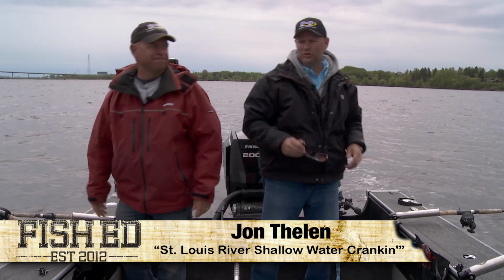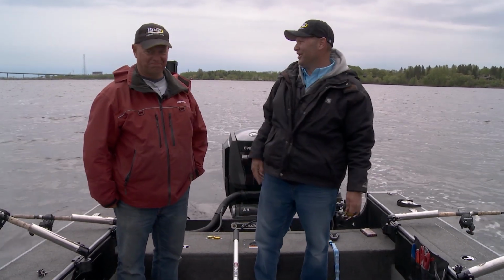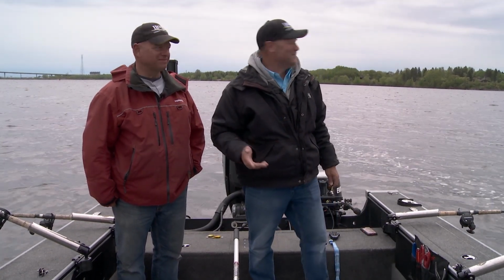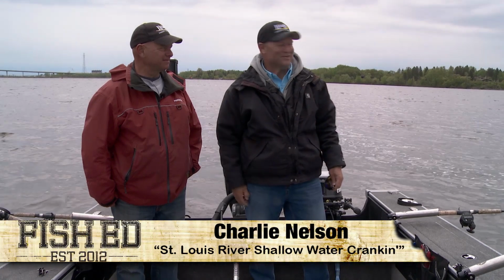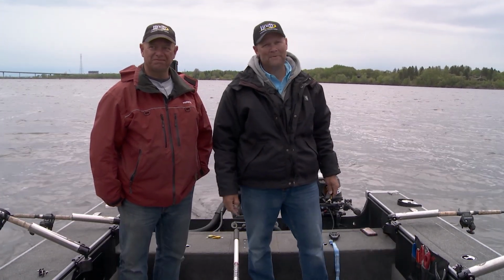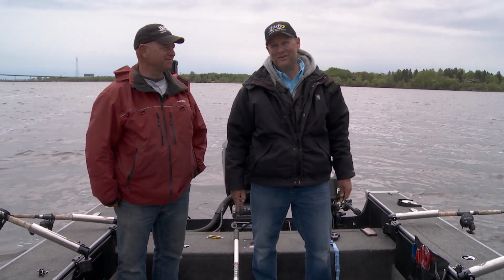I'm up on the St. Louis River right out of Duluth. It's a pretty neat place. It's Duluth Harbor right here, and man, I'll tell you, I enjoy coming up here. I just started coming back up here last year. Charlie talked me into coming up here. I'm up here with Charlie Nelson. He guides out on the St. Louis River. There's some dynamite walleye fishing,